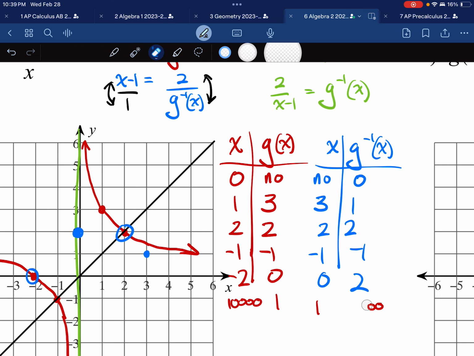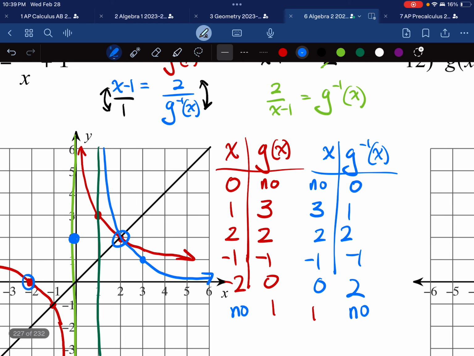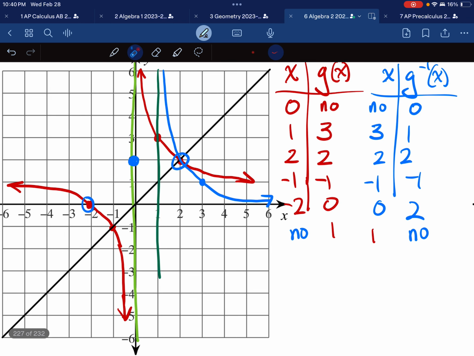Essentially what I should have said here, which is even better, is no, nothing will happen here. What's better to say here is you're not allowed to get 1. So that essentially means that we have a new vertical asymptote at 1 in this case. So I'm going to do a different green color. This is the new vertical asymptote. And using blue, we're going to get closer and closer to that line. We'll come down here to 0 in this case. Why 0? Because this function hasn't been moved up or down. Whenever we have a plus 1, that's going to shift it up or down. There's no plus 1 off the side. And that means over on this side,